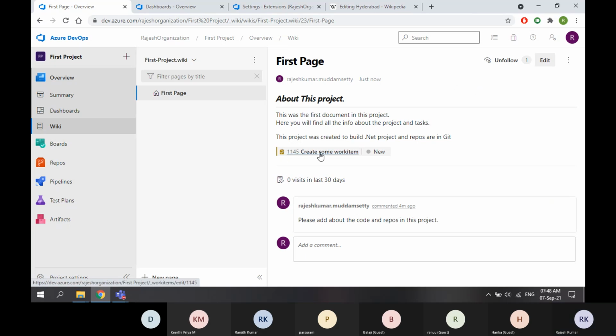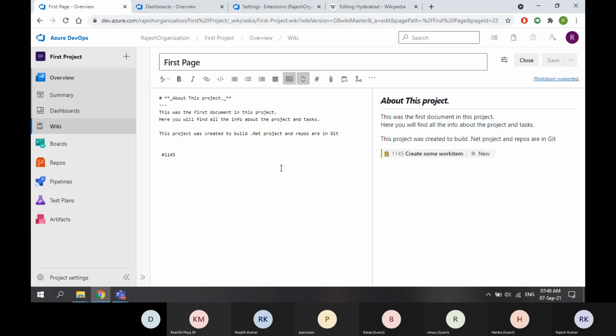See, it converted into a work item. If you want to remove this, you can go to edit and remove this. This is removed. There is no work item. Sometimes there will be many work items and you don't know who is working on them.